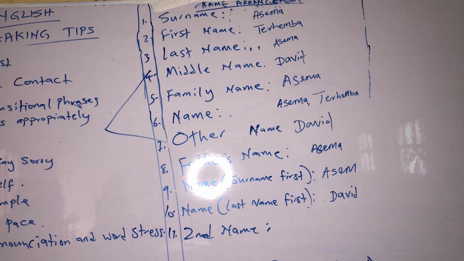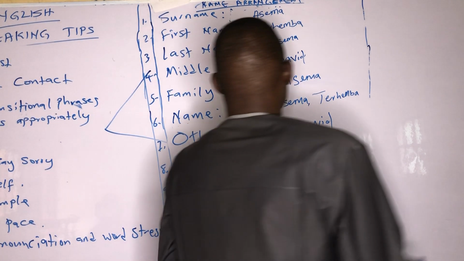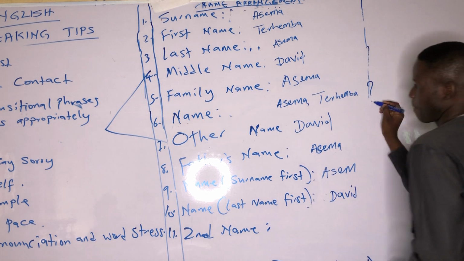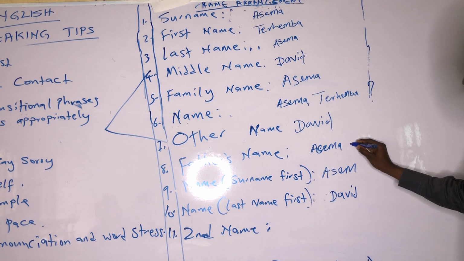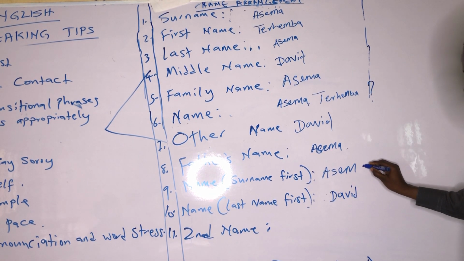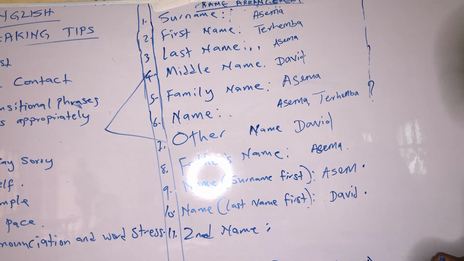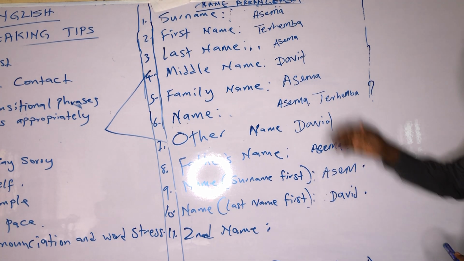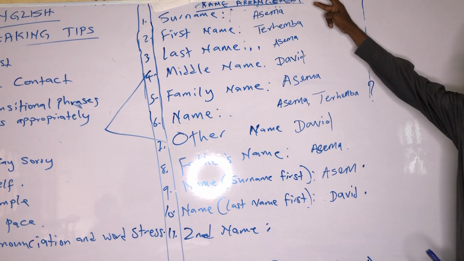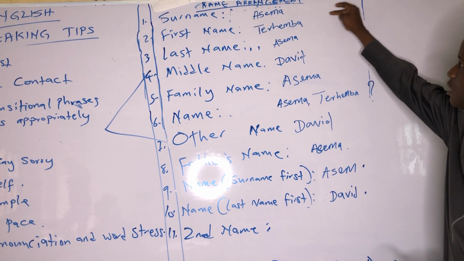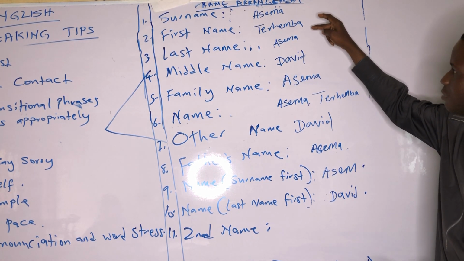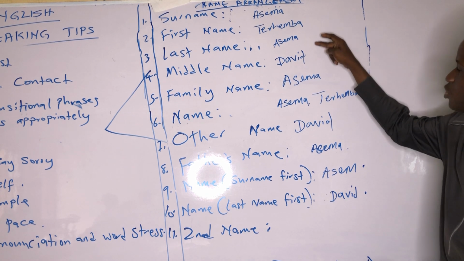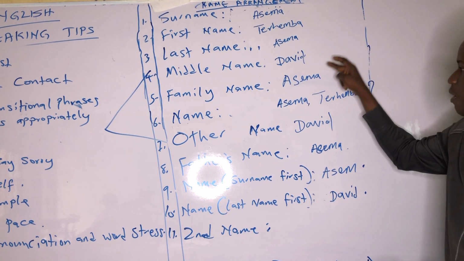Thank you so much. You really tried. You got most of them. This one now is questionable. This one is not complete. This one is good. This one is not complete. Now, everything is correct. Surname, Asma. First name, Temba. Last name, Asma. Middle name, David. Family name,